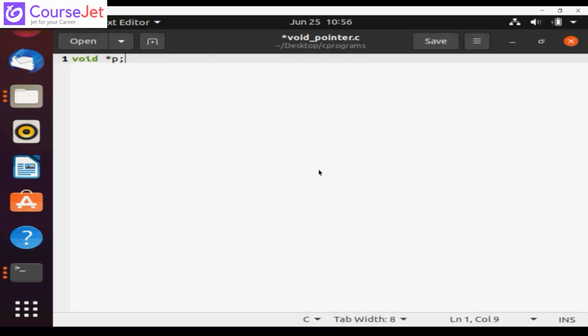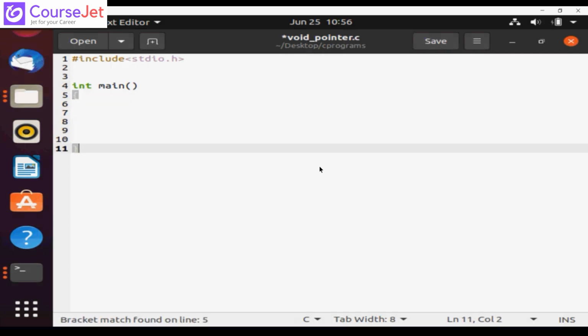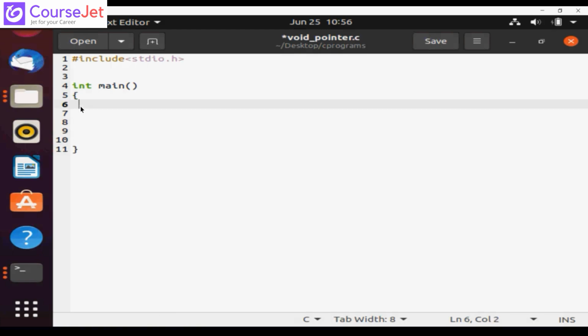Next, we will write one small program to see this. If we want to see what the pointer size is, then #include <stdio.h>. Better to see, if we allocate the generic pointer, what the size will be if you use it for different types of variables, and how it will work. So first of all we will simply write void pointer p,